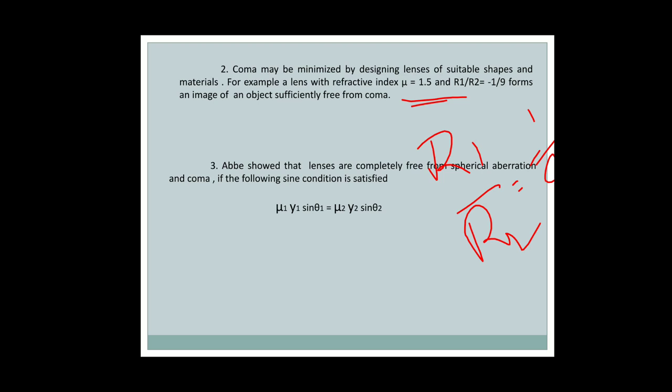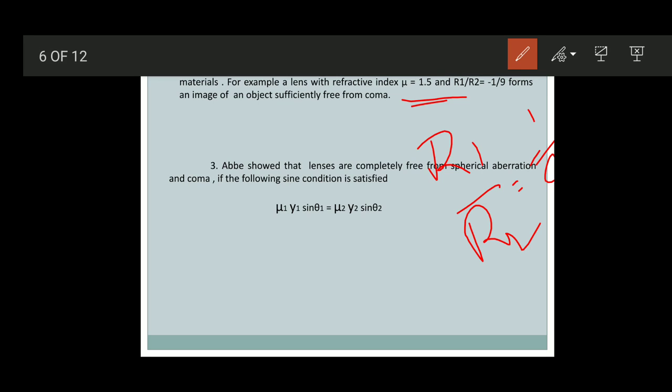Similarly, if R1 by R2 is equal to minus 1 by 9, the system can minimize the coma. And what about Abbe? Abbe is the name of a scientist. He derived an equation: mu1 y1 sin theta 1 is equal to mu2 y2 sin theta 2. If any system obeys this condition, it minimizes the spherical aberration as well as coma, where mu1 and mu2 are